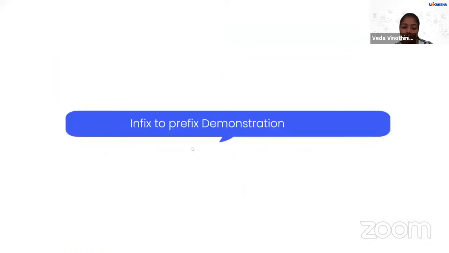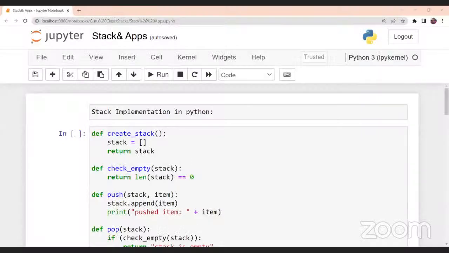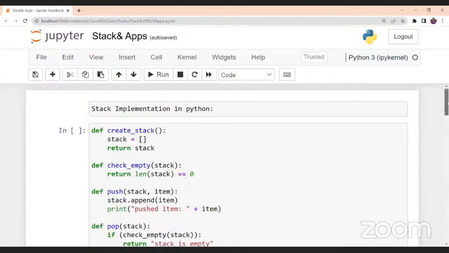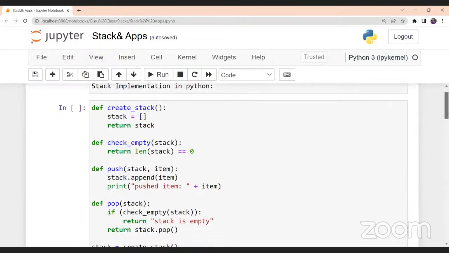So now let's see the demonstration. See here, guys, this is the basic implementation of a stack in Python.